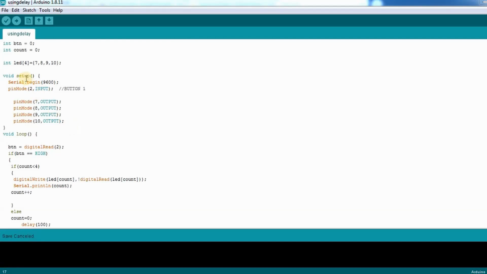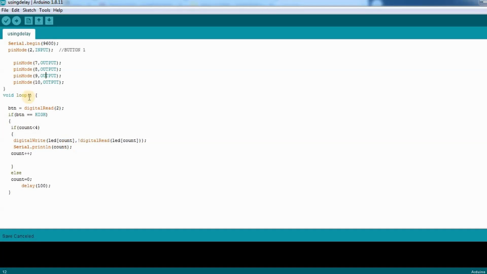First I will show you this small example where I have connected 4 LEDs and defined the LED pins in this one-dimensional array. My LEDs are connected, as you can see, to pins 7, 8, 9 and 10, and I have defined the input or button pin as pin 2, and the pin modes for the LEDs.